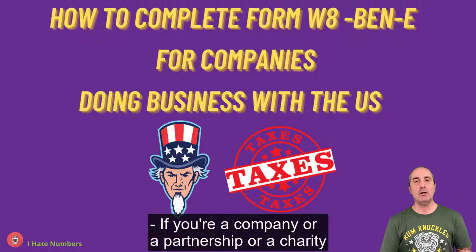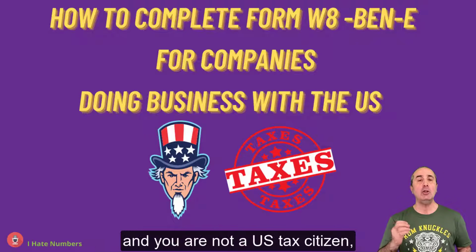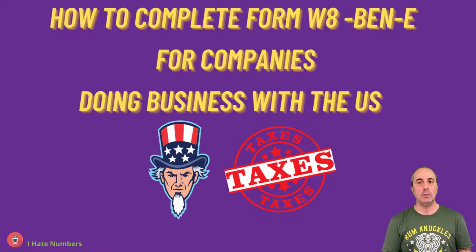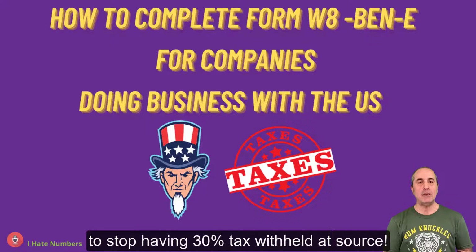If you're a company or a partnership or a charity receiving income from the United States and you are not a US tax citizen, then you have to complete a W-8BEN-E form. You need to give that to your payer, and you need to do that to stop having 30%